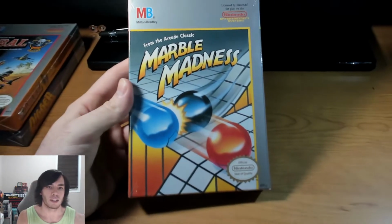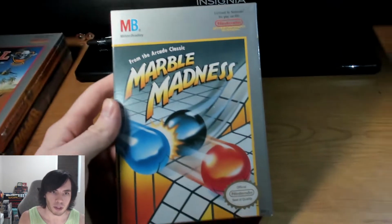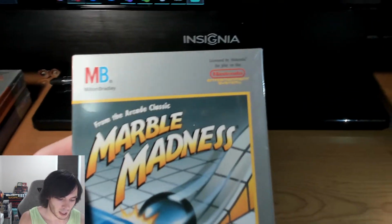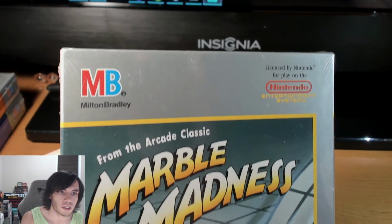And again, Milton Bradley, we have Marble Madness. Now this one's later print, you can see the big old circle seal there. This also comes in round seal. So Marble Madness, we'll just start at the top here. You can see from the front,